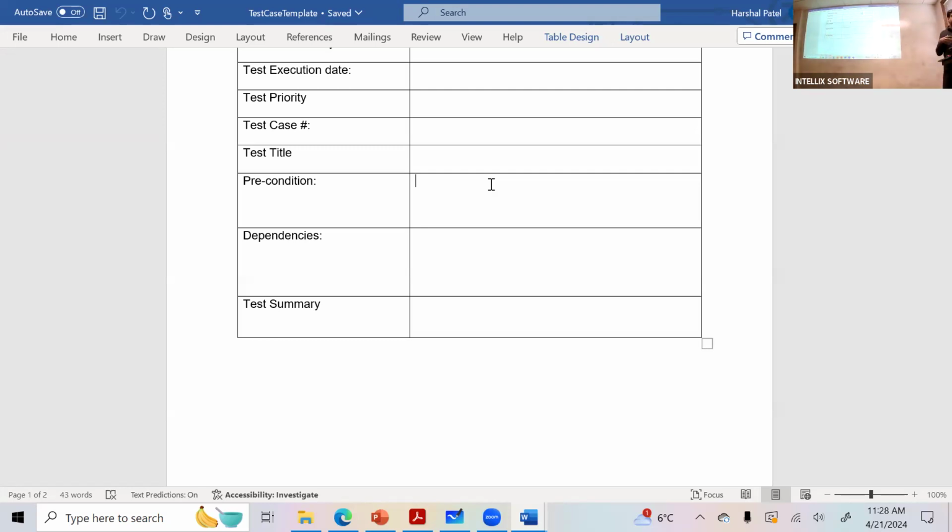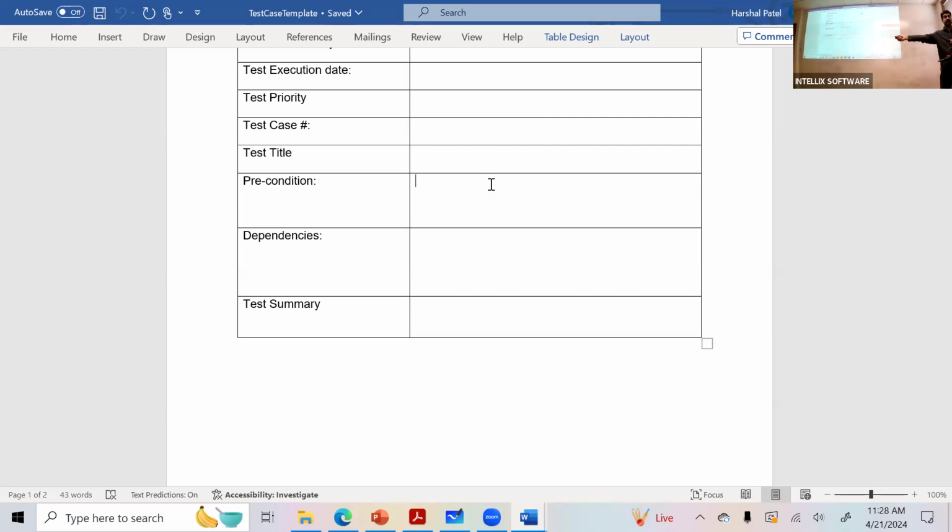Then it talks about the dependencies. What other things is this particular test case dependent on? Let's say we talked about the Amazon example. If I'm trying to do a checkout, my dependency is going to be on the payment gateway. Because if the credit card company's gateway is down, I can't check whether this credit card is valid or not.